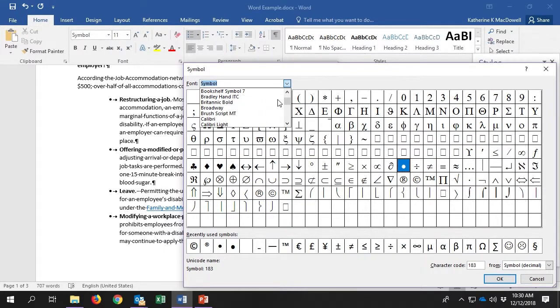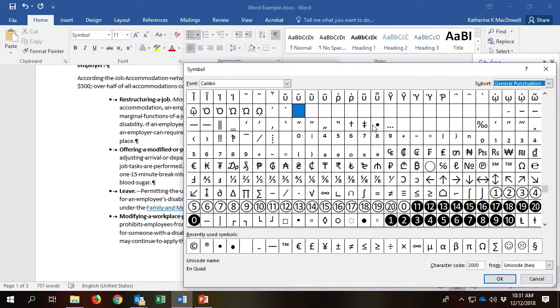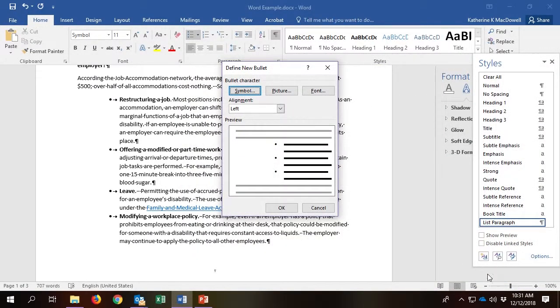Be sure to check the Unicode name at the bottom left and make sure that it says bullet. There is also a black circle which is slightly larger and not 508 compliant. Click OK until all of the open boxes are closed. Symbol menu is on screen as cursor scrolls through the symbol options and chooses Bullet. The list has now been changed to a symbol JAWS and other screen readers will be able to read as